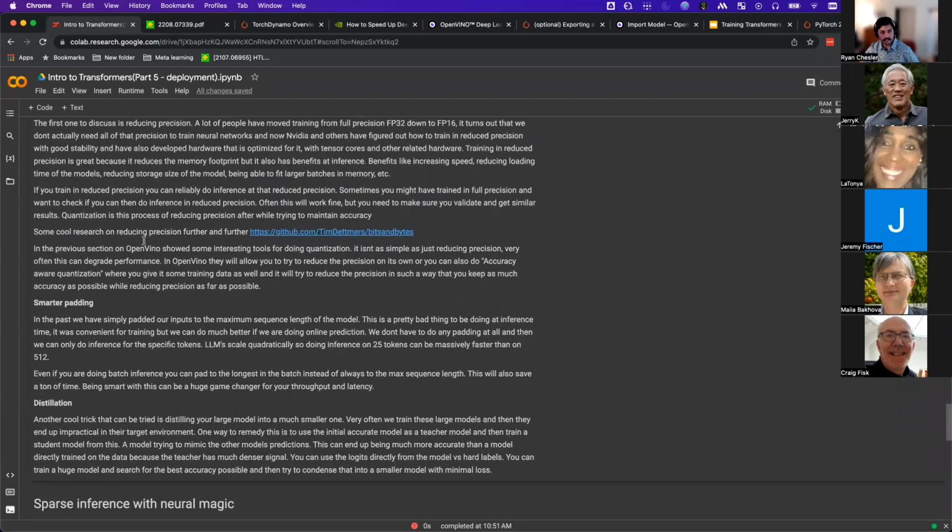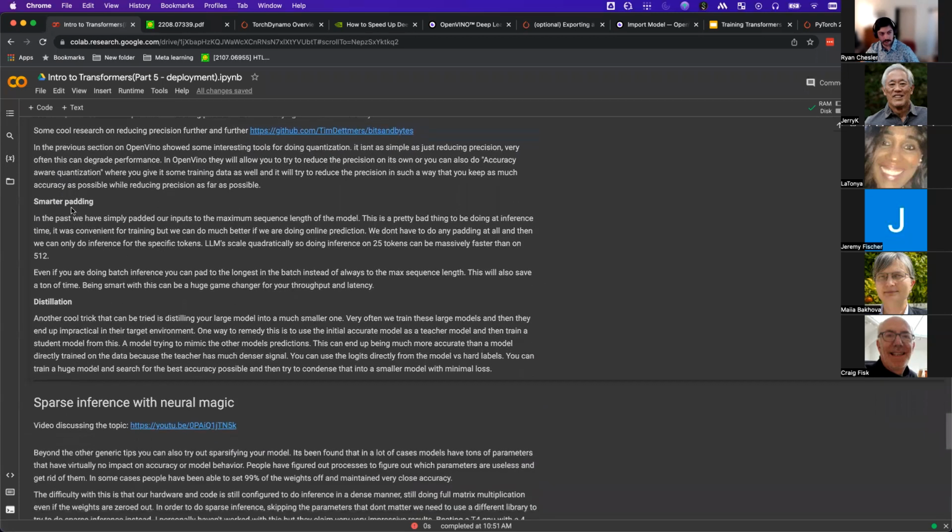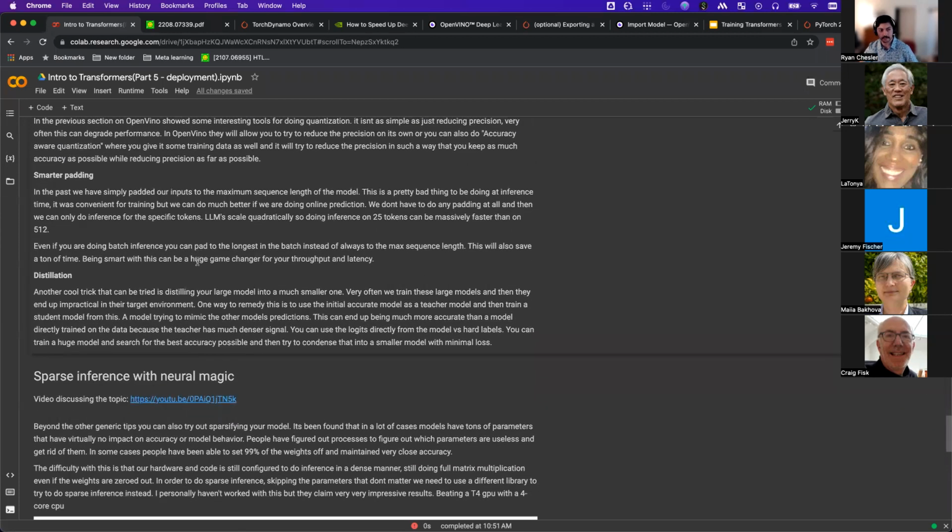So the next thing after reducing precision and quantization is smarter padding. Something that we've kind of naively been doing this whole time is we have some max sequence length of our model. Typically it's like 512. Some models are even longer than that. You just take your input data and pad it to always be 512, so it just fits into your batches and slots in nicely to the model. But this is actually extremely inefficient because